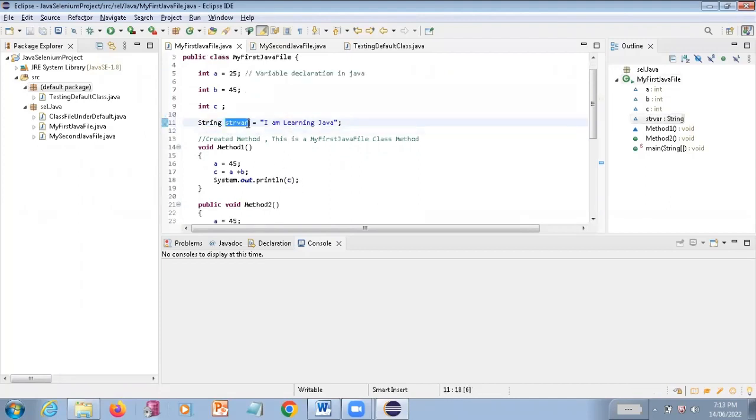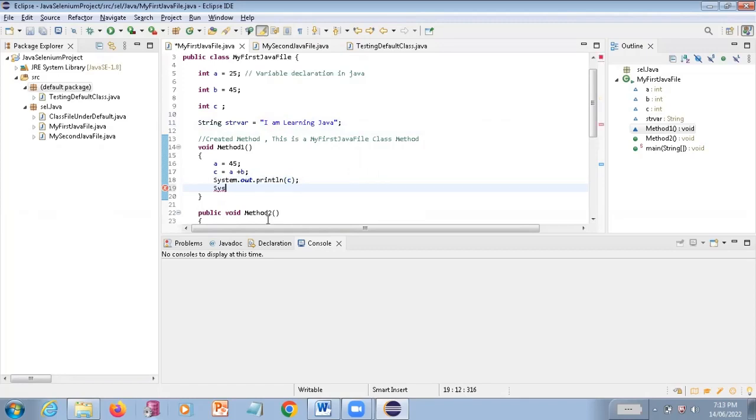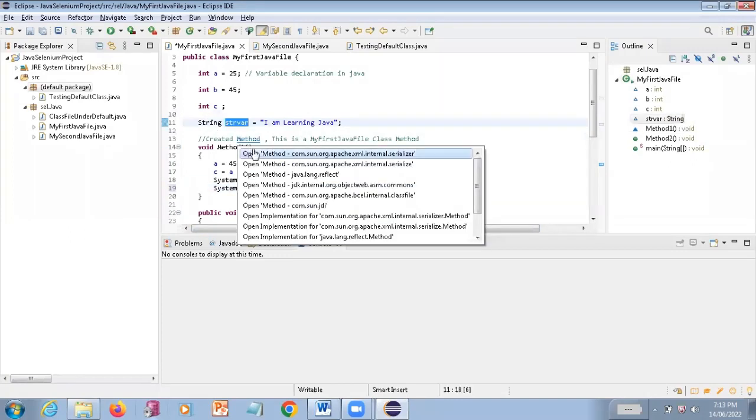If I want to print the string variable inside this method, I'm just going to say System.out.println. If I'm trying to print str, where